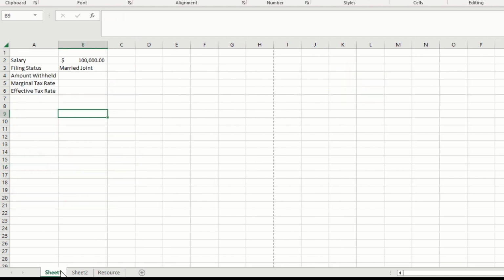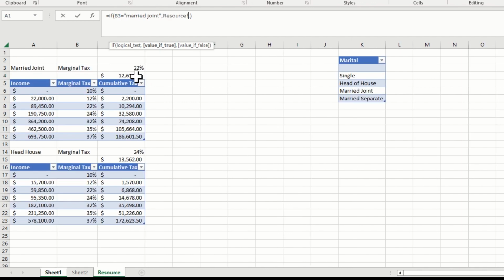Let's bring that into our calculator. The formula here is going to be equals IF. Okay, so I like to have my entire argument. So the logical test is if this cell equals married filing jointly, then what we're going to do is return this value. If it's false, then IF,